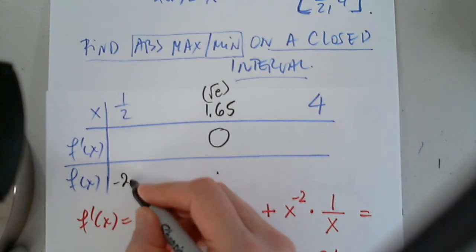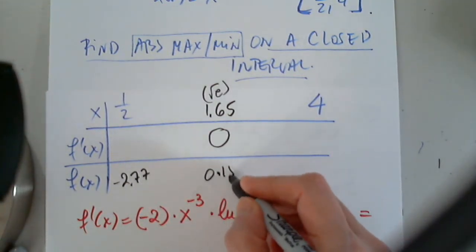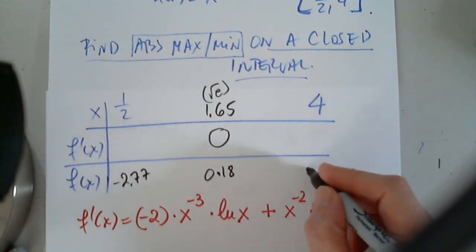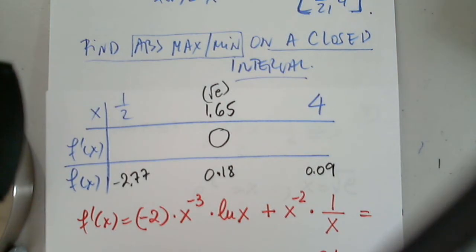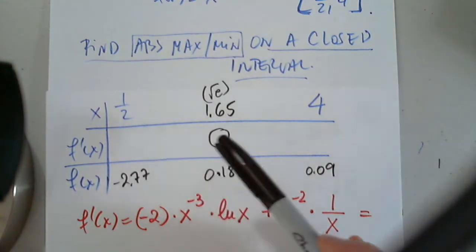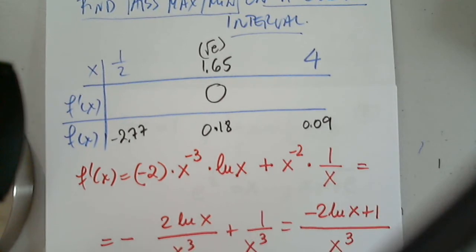So negative 2.77, 0.18, and 0.09. Okay. Good. So now I will study the sign of the first derivative. Okay. So